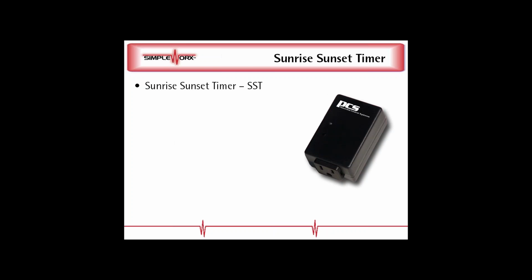We also have what we call our sunrise sunset timer, and it looks just like our appliance module. The nice thing about this is it's its own standalone timer. Whatever is plugged into it, it will control on the timed event. And this kind of was an evolution that came to us from our landscape contractors. So a lot of guys were saying,